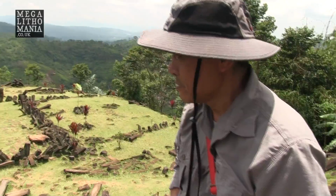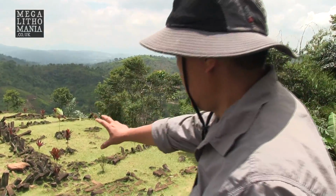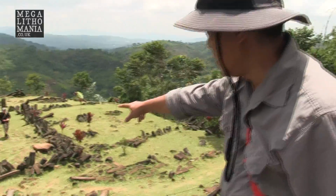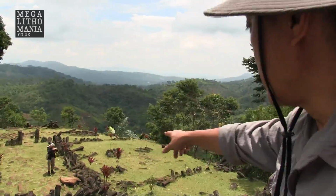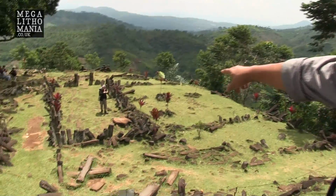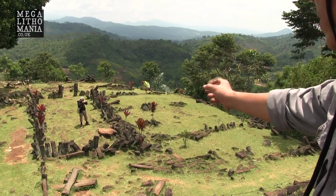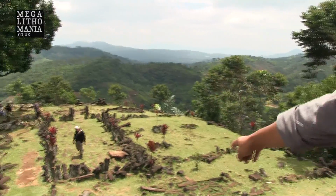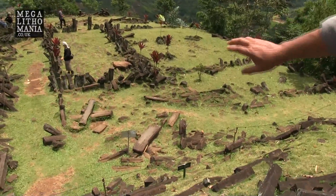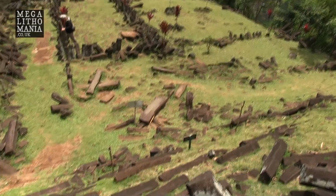Okay. And this different type of stone, what some people call the altar stone, what is that made of? This one also, the orange kind of? Oh, the orange one, yeah, that's a different rock. That is not the columnar rock, not the column rocks, but it's a slab of rock. That's absolutely different. And this one also has a special meaning. You see the rocks with the flat surfaces? Yes. We call it